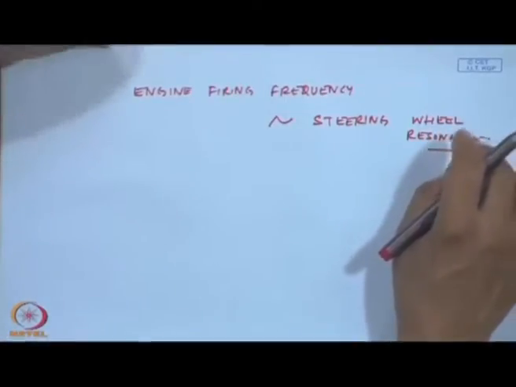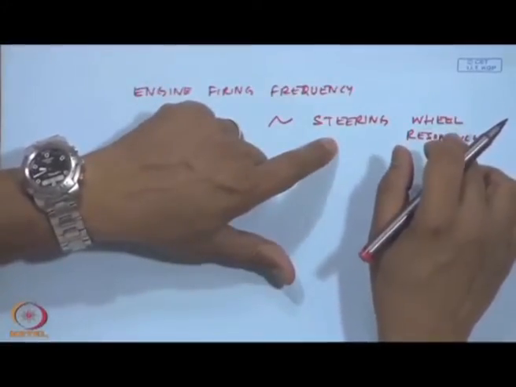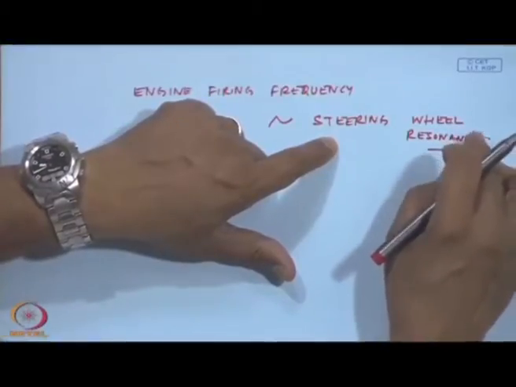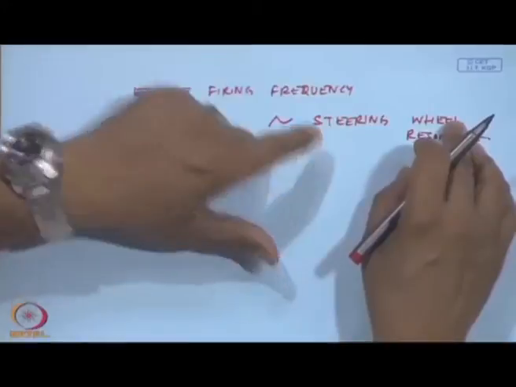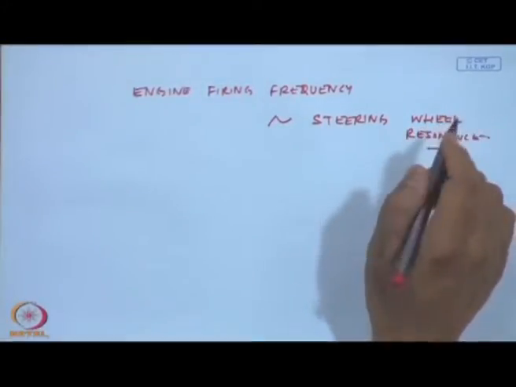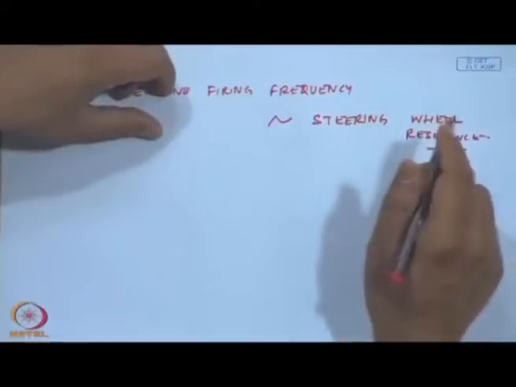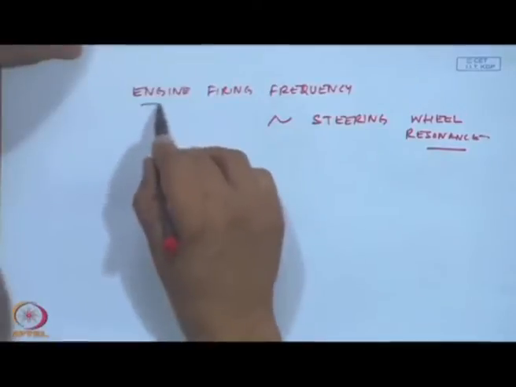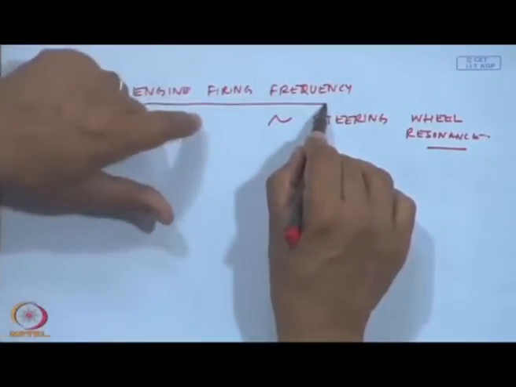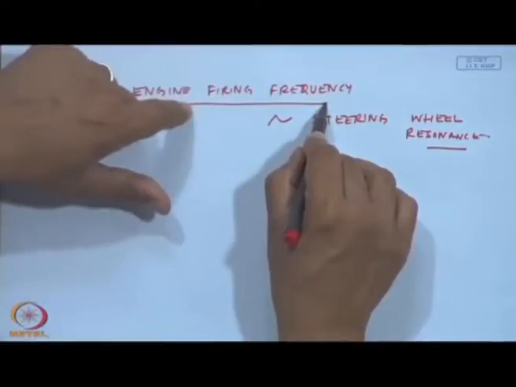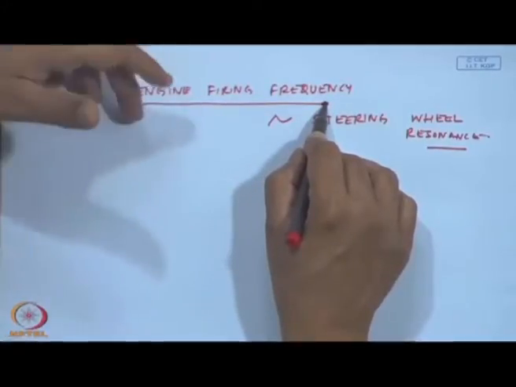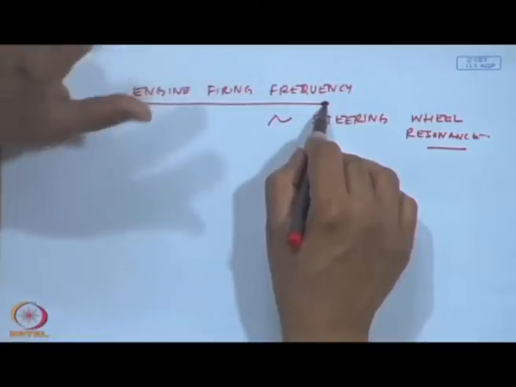No matter how good a steering wheel you design from a strength point of view, from a mass or a stiffness point of view, you will not be able to stop the motion of the steering wheel, because it is vibrating at its natural frequencies. What is the forcing frequency? It is the engine firing frequencies. I cannot change the engine firing frequencies, because that is how my engine is designed to operate at a certain RPM. It has so many cylinders, it is a 4-stroke engine and so on. And its idling RPM is fixed.